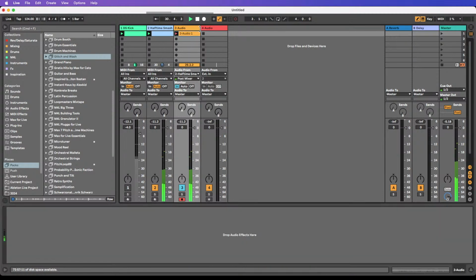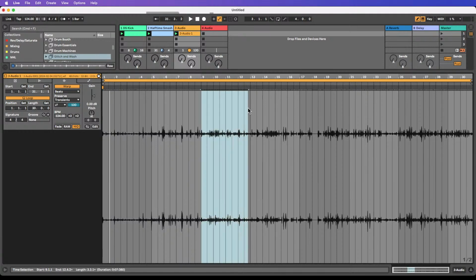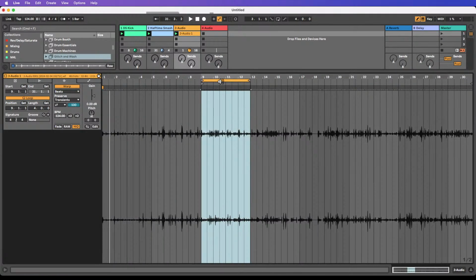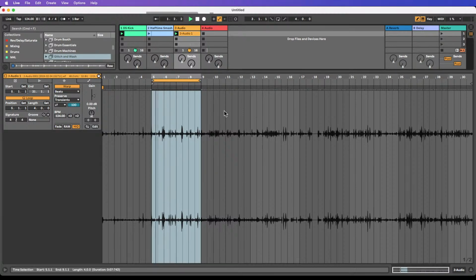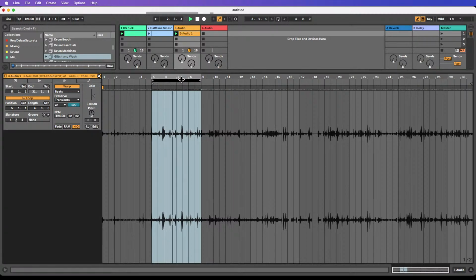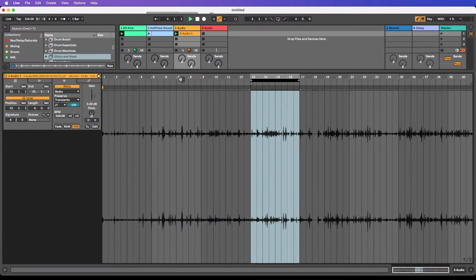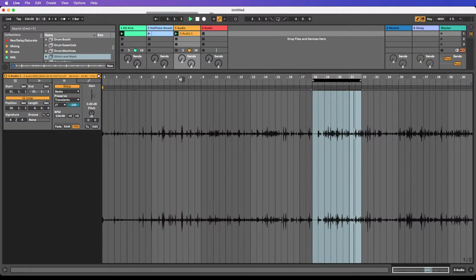So I'm going to stop that recording. But what I would do if this was the workflow I was going for is I would now turn this track back from receiving an input to a normal audio track, and I would now go through and look for my favorite loop that I've recorded here. Again, I'm not going to spend too much time on this, but there are many, many possibilities now with this audio clip that we can resample and recreate. We've just essentially made our own audio loop here that we could choose the section of that we'd like to use, right? And we can jump around in here,